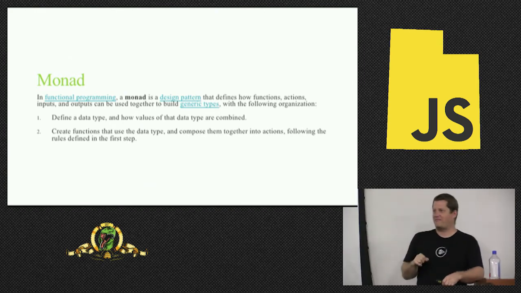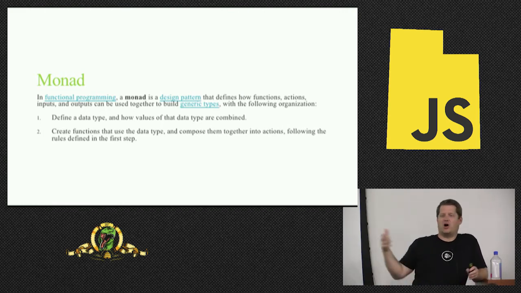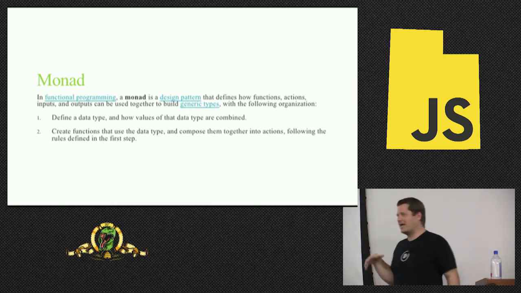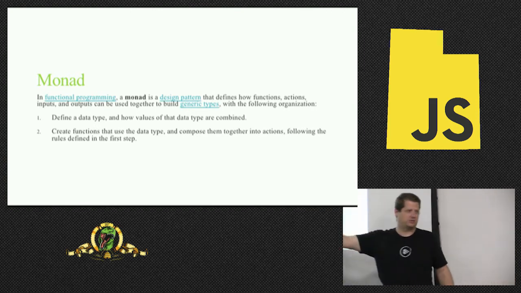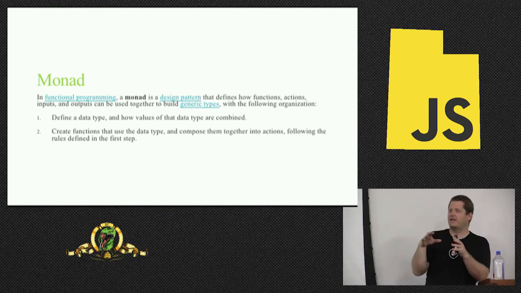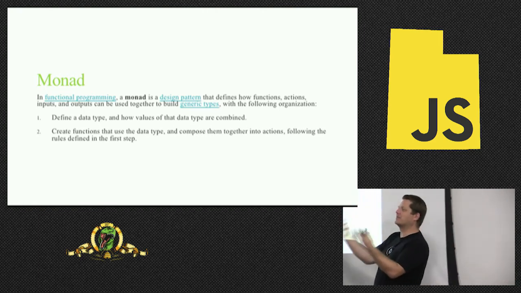And there's a reason why we have monads in functional programming. One of the rules of functional programming is no mutation of data and no side effects. But we all know that at some point you have to change data and you have to have side effects, because otherwise you're not getting anything done. So in a true functional language, a monad is a thing, and again, you're going to have to go play with it yourself if you really care. A monad is a thing that enables that stuff to happen.